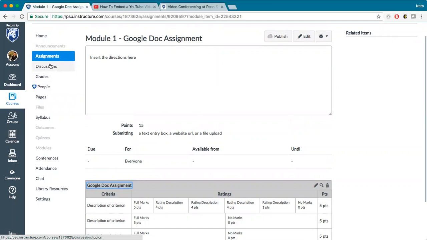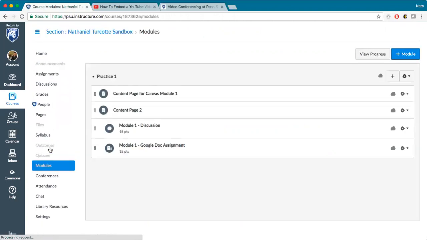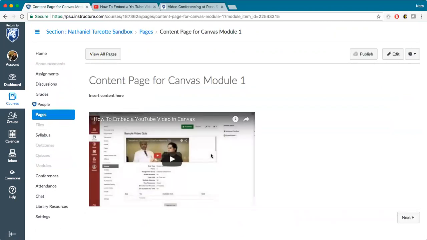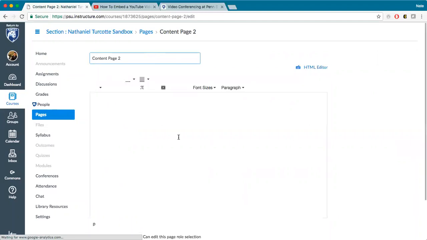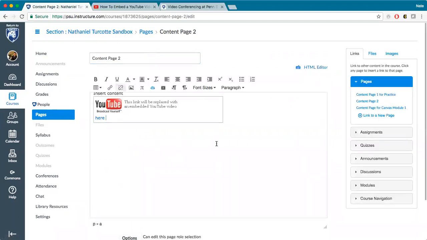So one of the things that may make it easier for your students when it comes to navigating the module is linking to the activity. So I have my content pages, and let's say this second content page was directions for your activities, or extra directions for your activities that you will have for this module. I can go back up here and edit the content page, and maybe I want to leave a note down here in the bottom that is relating to the activity. So